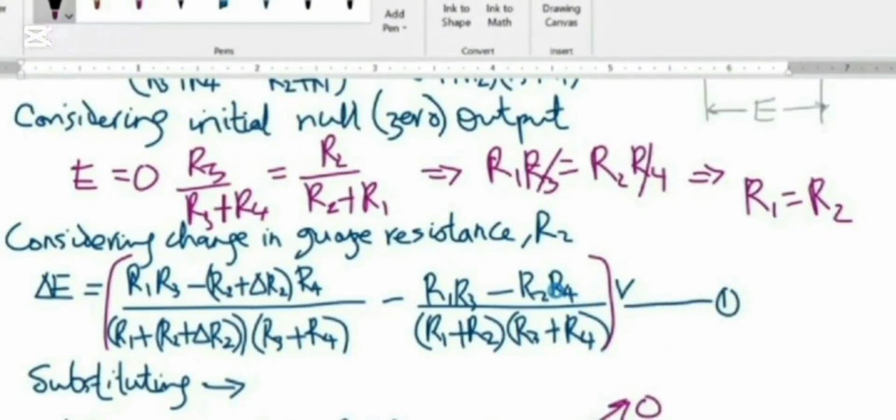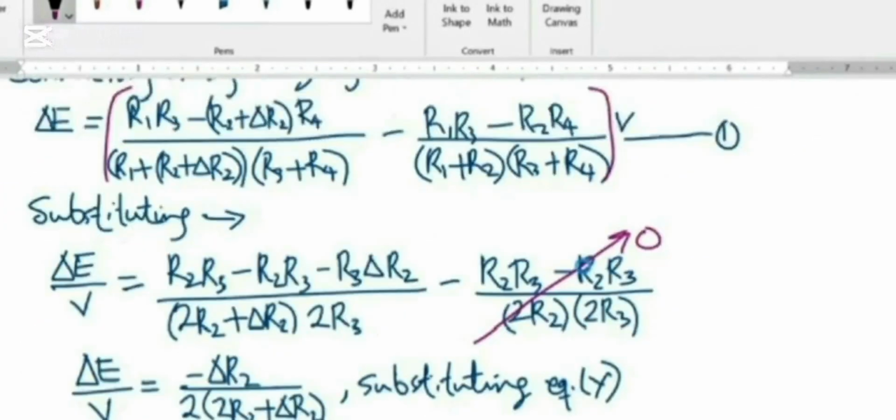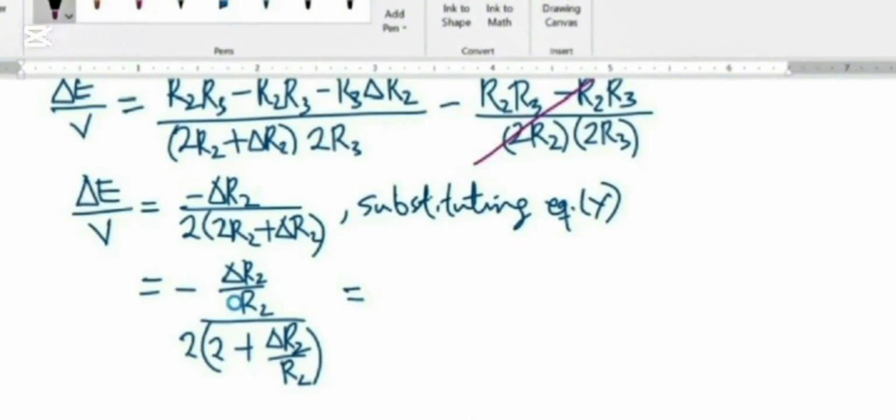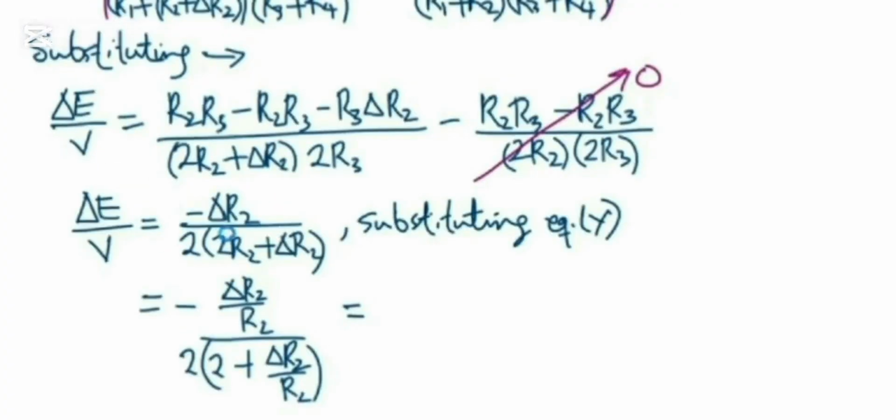So considering there is change in gauge resistance R2, remember the final is going to be now change in voltage. The output voltage is going to be final minus initial. This is the final, and so you will add delta R2 because it's the one that is reacting to change in resistance. And then when you substitute R1 is equal to R2 and R3 is equal to R4, this will reduce to 0, and you will have the equation to be this finally. Okay, so when you're able to have this, then you introduce R2 up and down, right? Then you can have it this way,